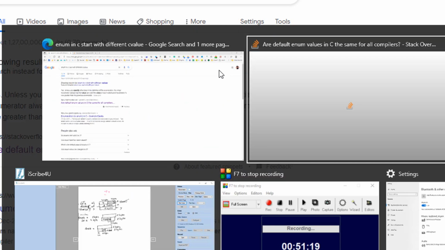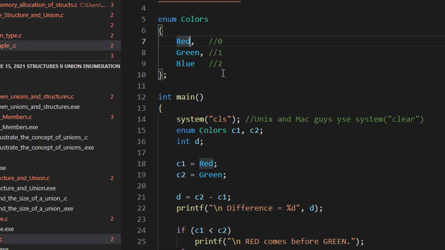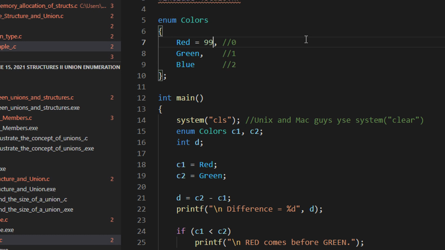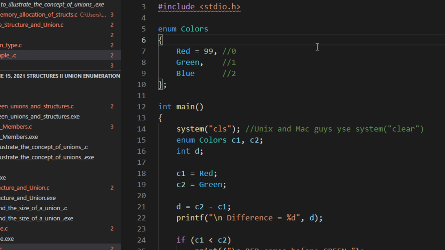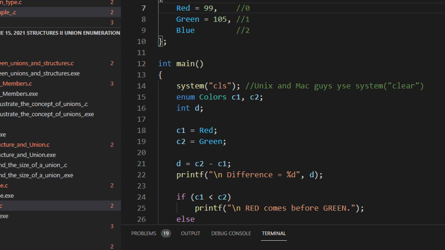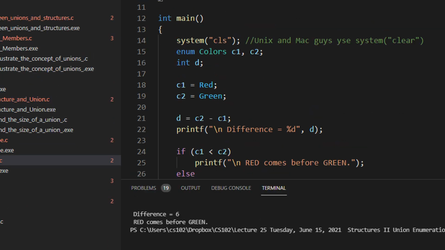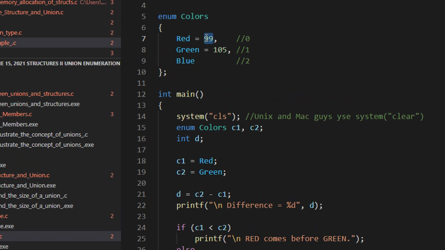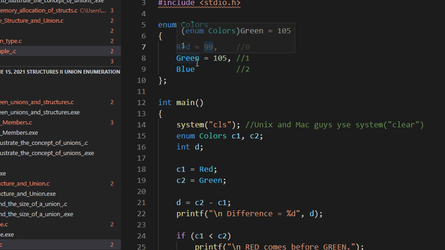So let us try to check whether we can. Let's say make red as 99. Okay, the difference is coming as 199, and then maybe, okay, let us keep it 105. Okay, yeah, so you can assign your own values. The moment I assigned red as 99, it took green as 100 and blue as 101, right?